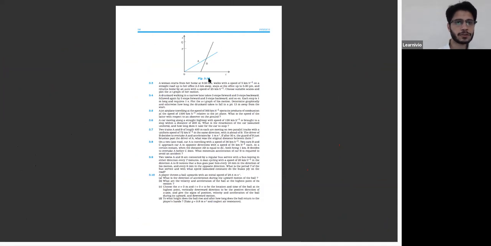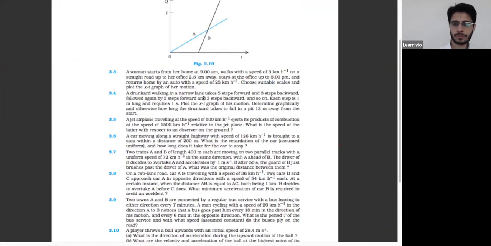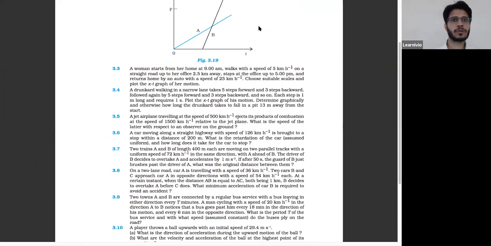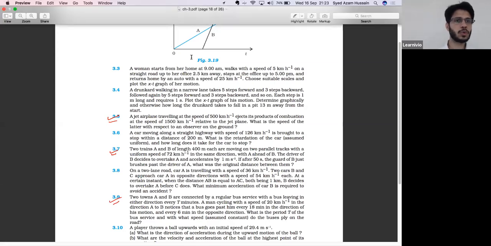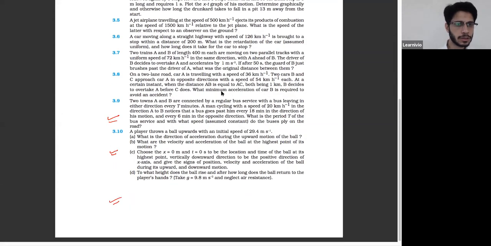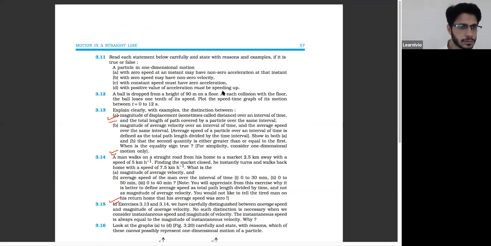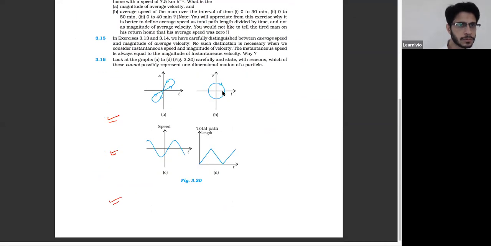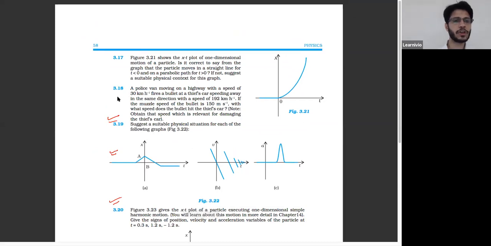Okay, now you have 2 questions for homework. This question number 3.5 of NCERT. This question 3.7. In fact, 4 questions, not 2. 3.9. And there is one more question, and that is 3.18 of NCERT. All these 4 questions are based on the same